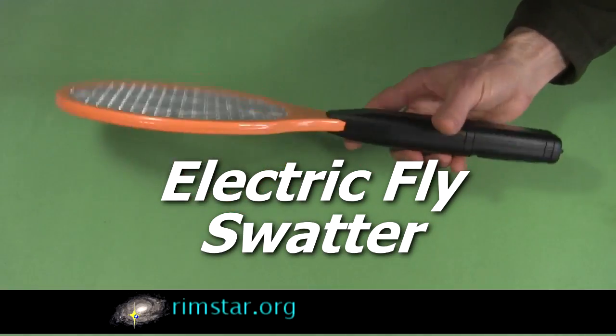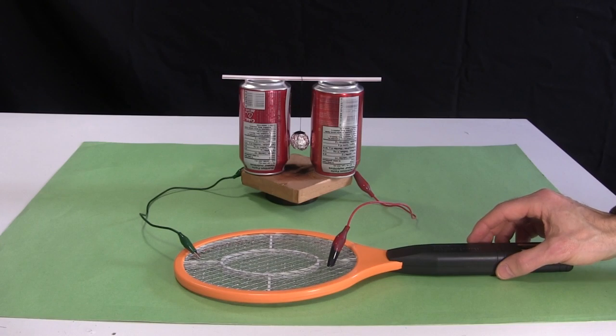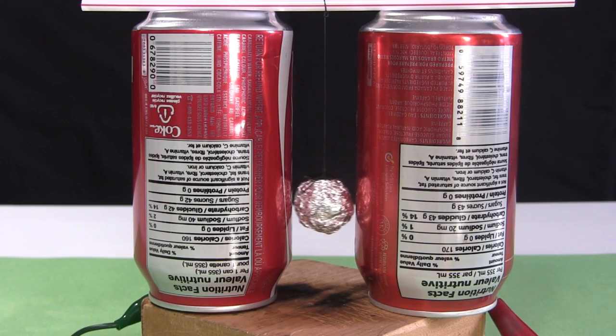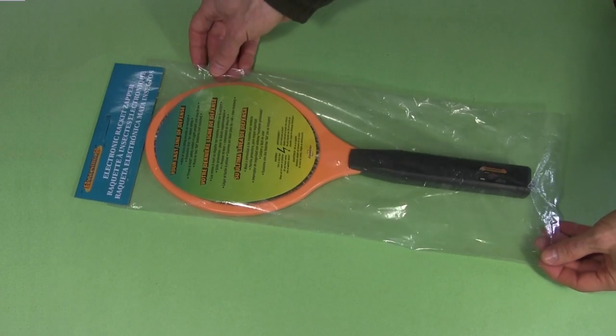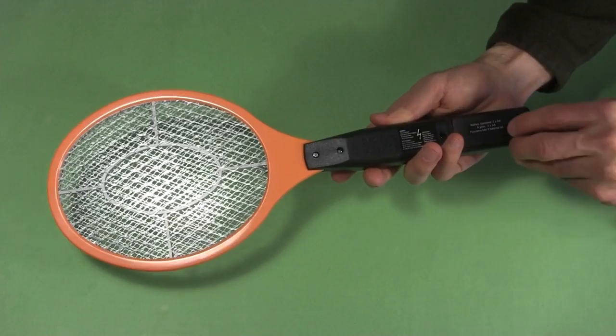Hi folks, this is an electric fly swatter or racket zapper made for killing flies, but it also makes for a very cheap, though limited, high voltage power supply. Here it's powering a Franklin's bell. And if you just want to make some sparks, it does that too. You can find them in stores like Walmart, Home Depot, Maplin, and many others for under $8 or €4, and